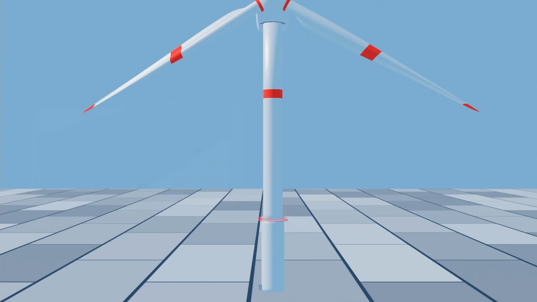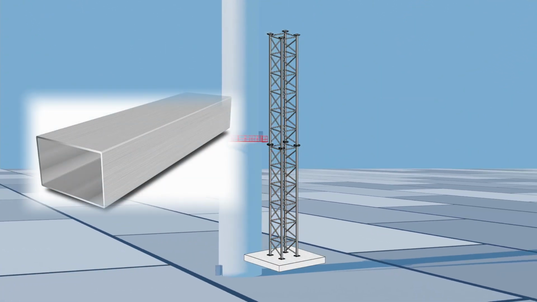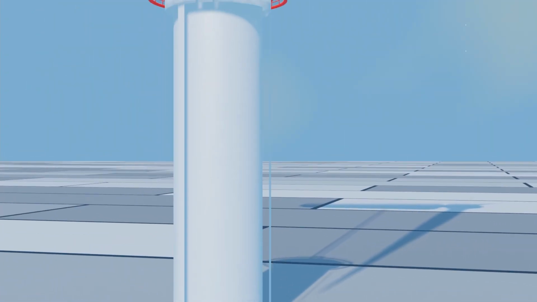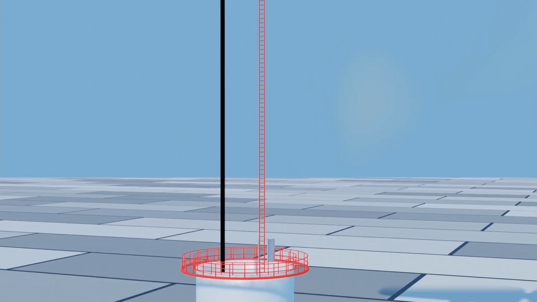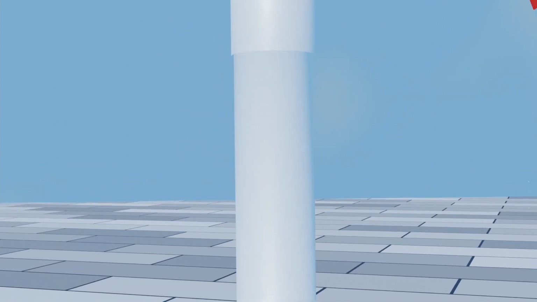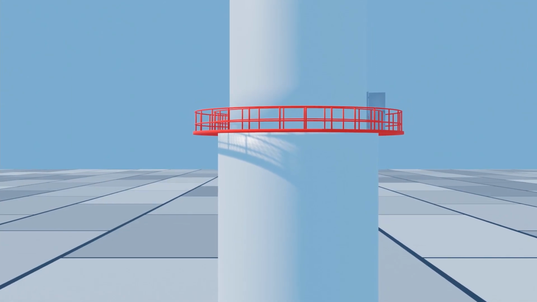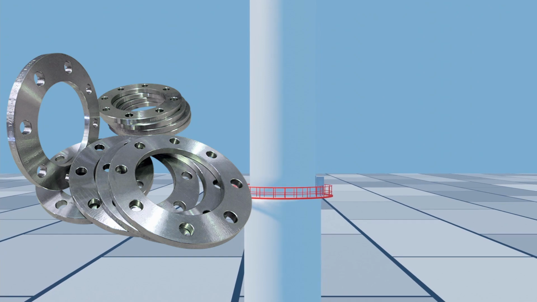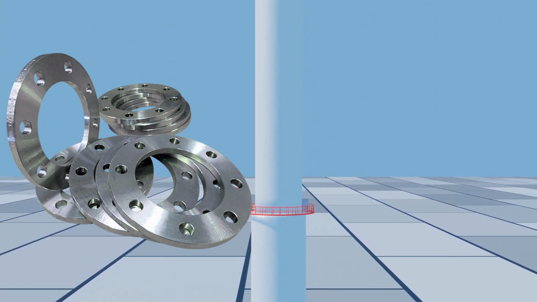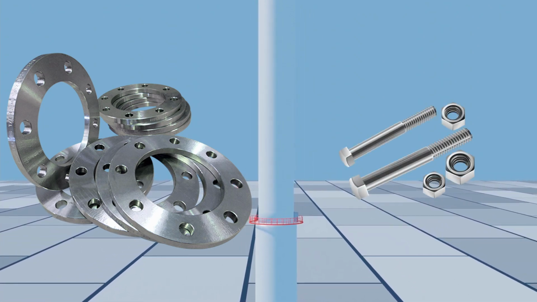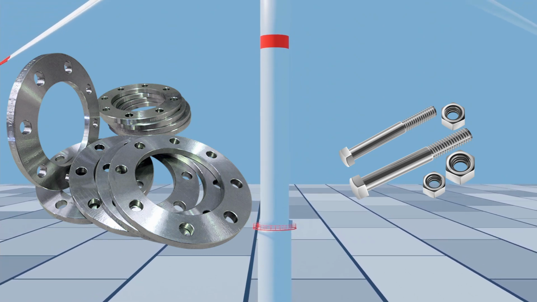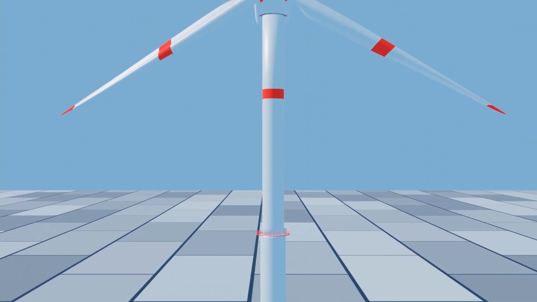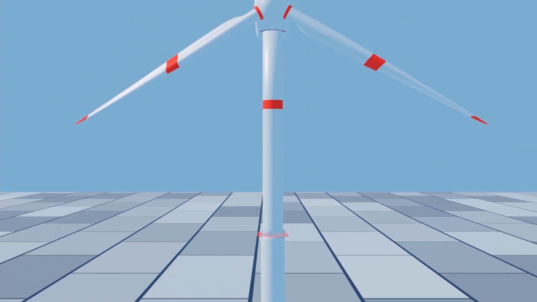These towers may be either tubular steel towers, lattice towers or concrete towers. We use tubular steel towers for a large wind turbine. These are normally manufactured in sections of 30 to 40 meters in length. Each section has flanges with holes. A flange is a method of connecting pipes, valves, pumps and other equipment to form a piping system. Such sections are fitted together by nuts and bolts at the side to form a complete tower. The complete tower is slightly conical in shape to provide better mechanical stability.